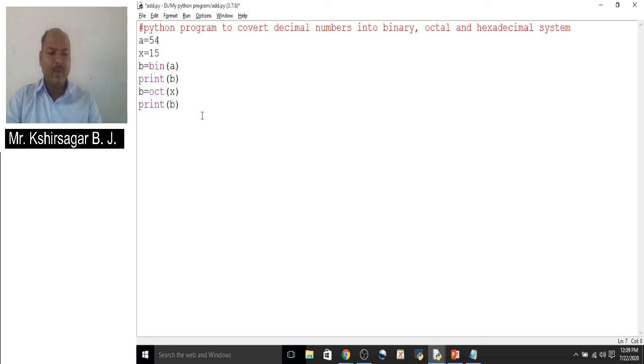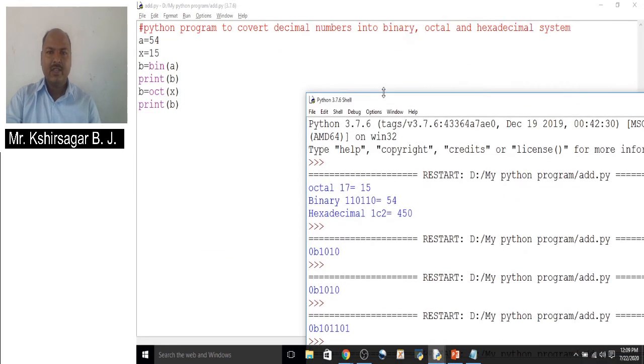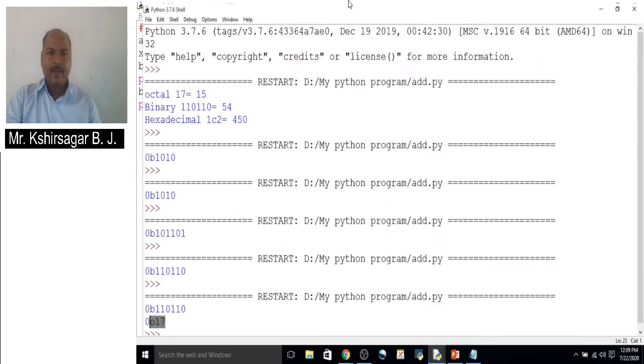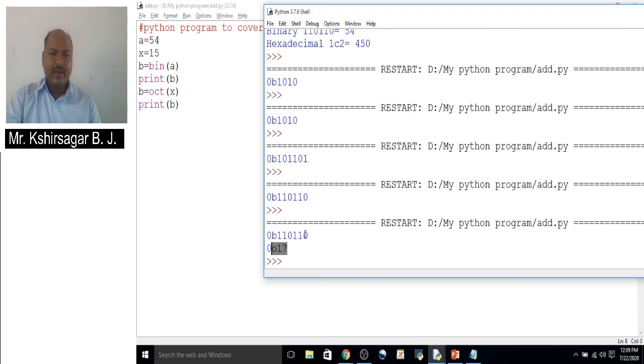Now the value of b will be there. Within octal we get the output 0o17. Look here, we get the output as 17 here. So octal 17 is an octal number.